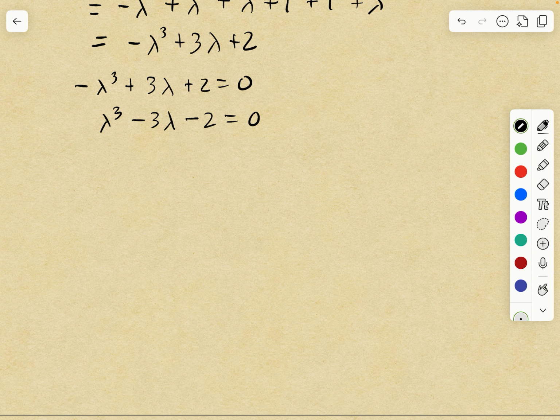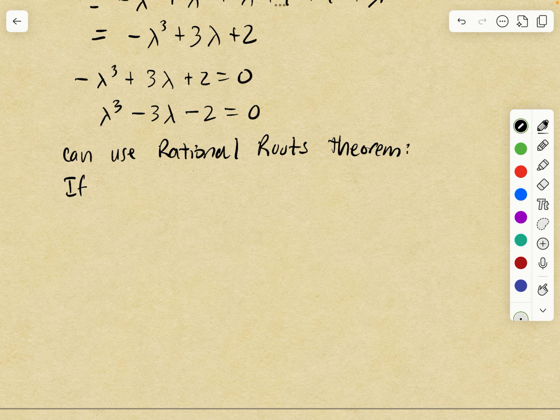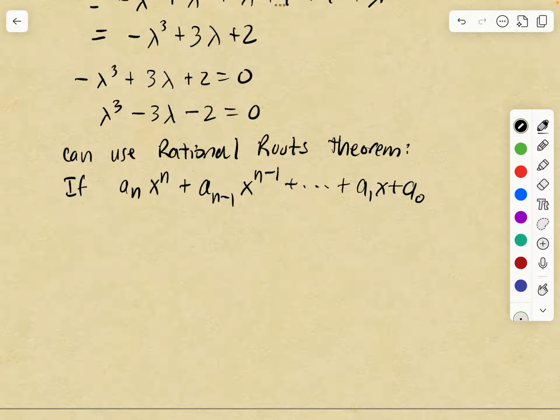But notice that this is a polynomial with integer coefficients, and we can use the rational roots theorem to narrow down the possible roots. The rational roots theorem says that if you have a polynomial a_n x to the n plus a_{n-1} x to the n minus 1 plus dot dot dot plus a_1 x plus a_0,